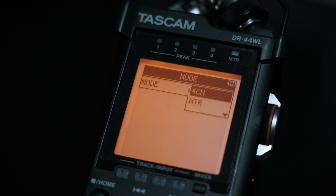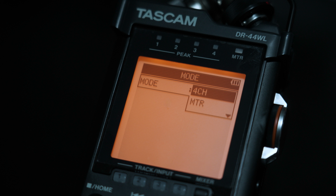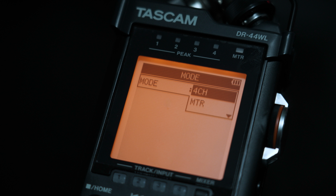I love the recording quality of this, and it gives you so much to play with in terms of settings and things. And generally, for what I do, I would set this onto 4-channel. The reason I do that is because of the type of work I do. I don't need to be on the MTR setting, which, as you can see there,